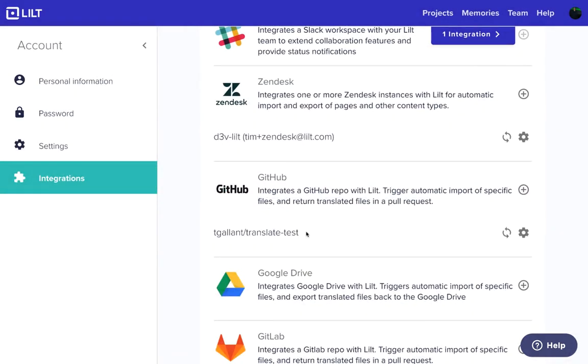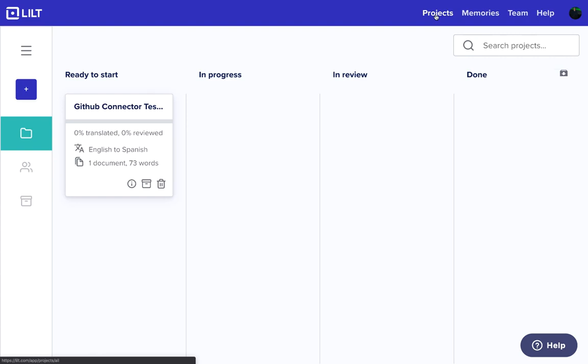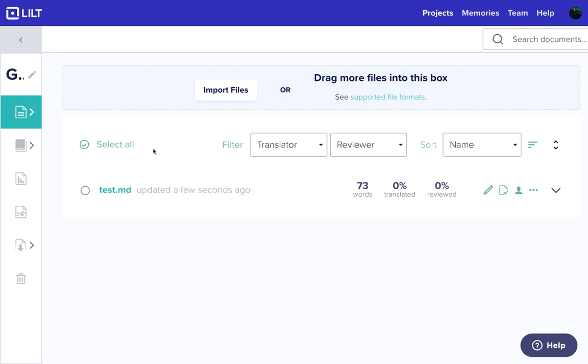So even though we set up the connector to check every day, in this case we want to demo this, so let's go ahead and force a sync by clicking these two arrows right here. Now that same markdown file that you saw in GitHub should show up in the projects view here. All right, we see that new piece of content, and in this case we're just going to accept all the